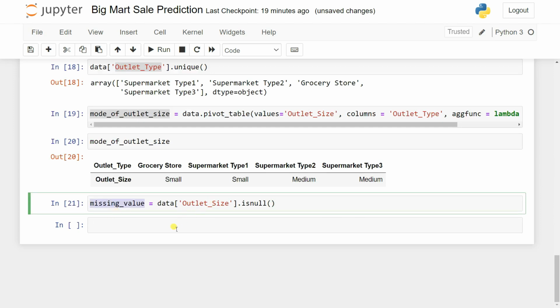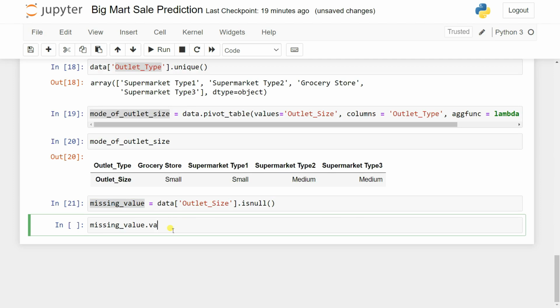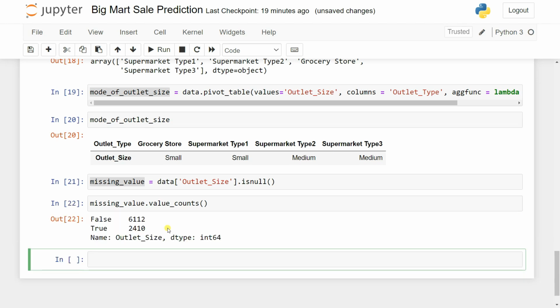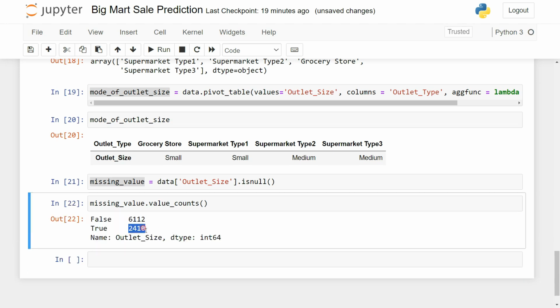So now what I can do, let's check the count of that. Okay, so let's say, yeah, you already count that. This is another way of counting the missing values. See how many are false and how many are true. That means those numbers are the missing values. Now what I can do is simply go to